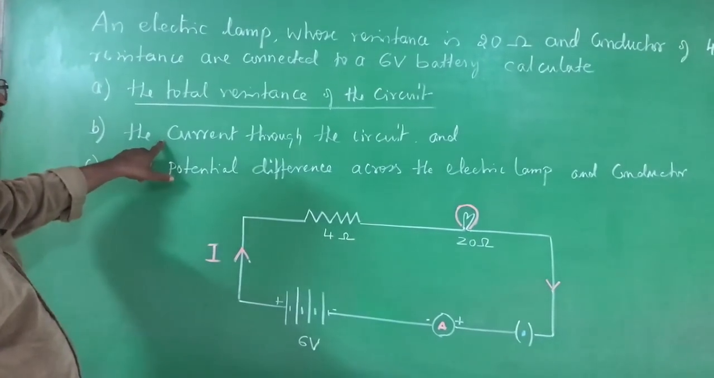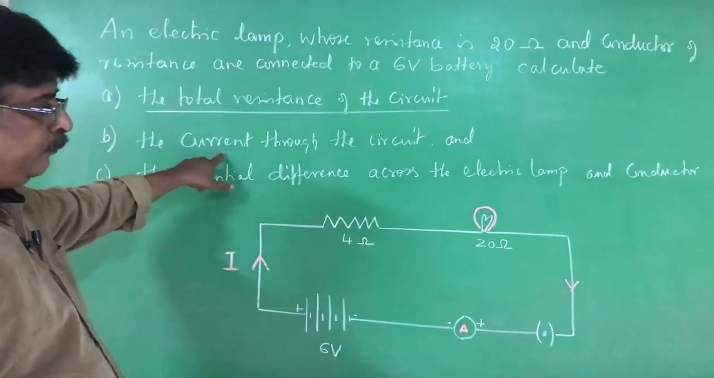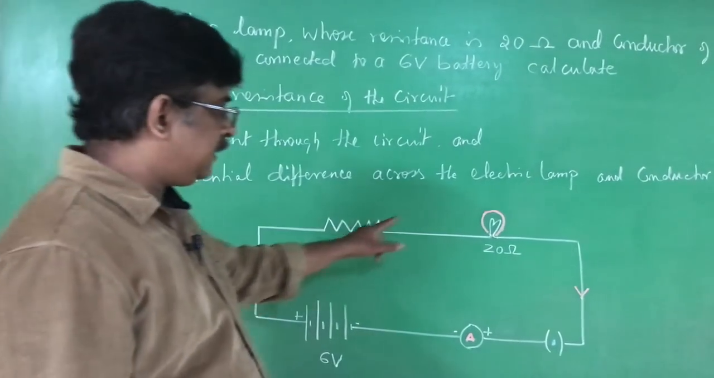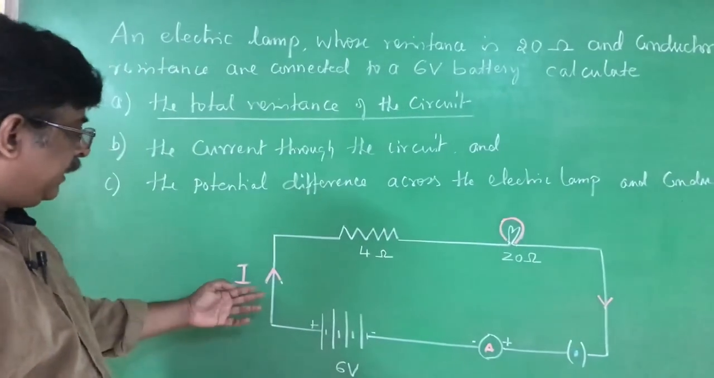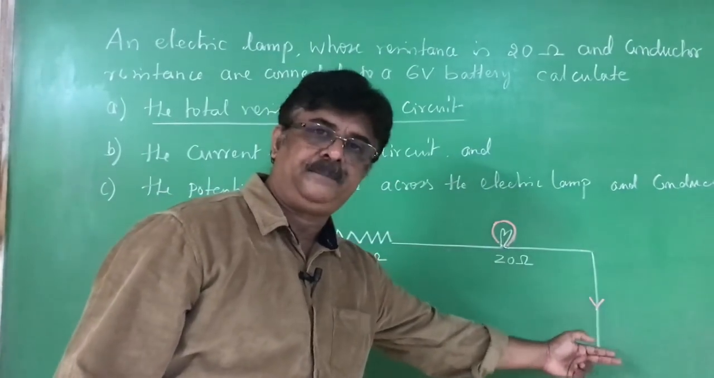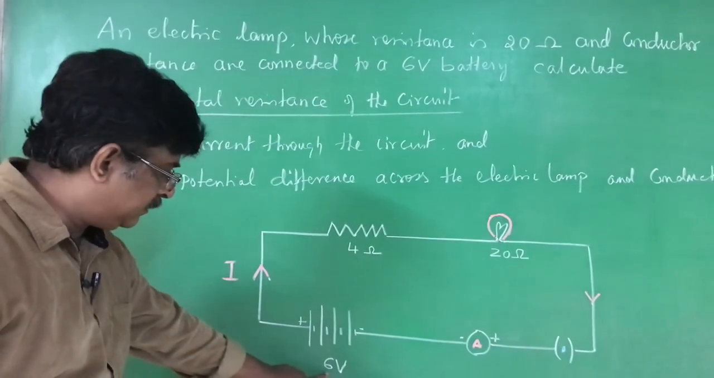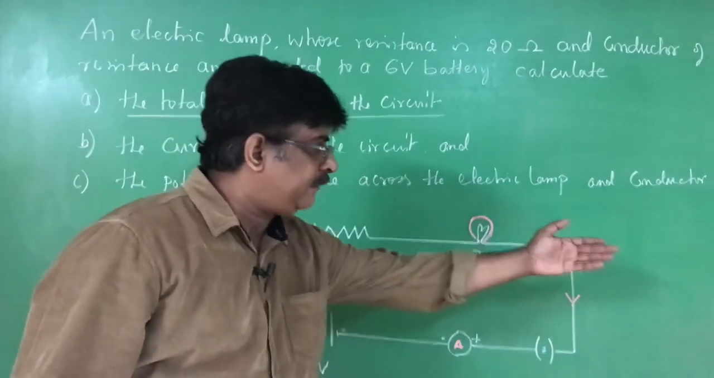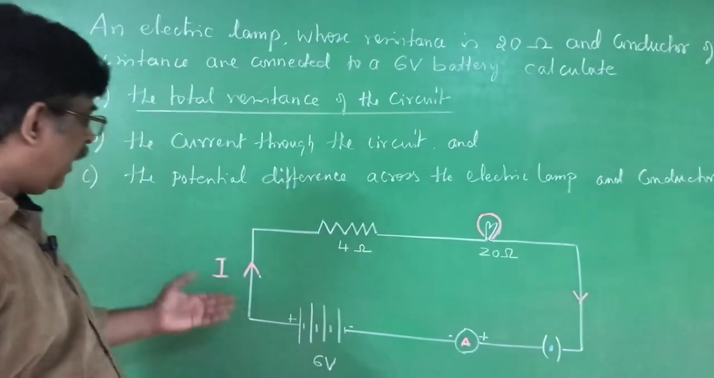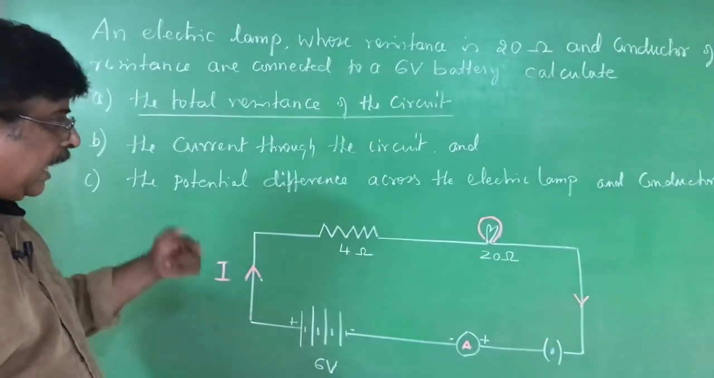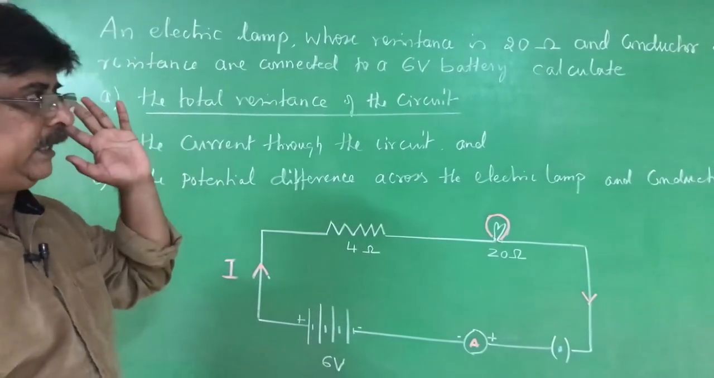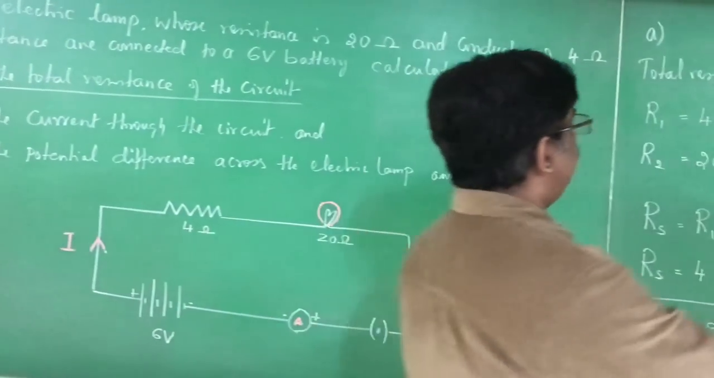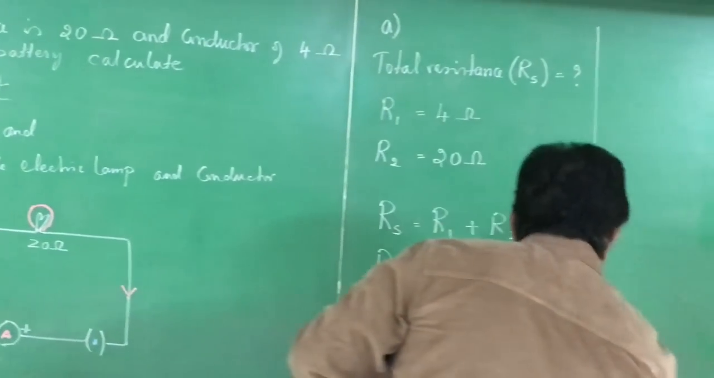Now I have to calculate the current. We all know that when the resistors are connected in series, the current remains constant. We know the potential difference, 6 volt battery. We know the total resistance. Just now I calculated, that is 24. I can calculate V, I, R, which formula it is. That is, you have to remember. The second part of the problem is